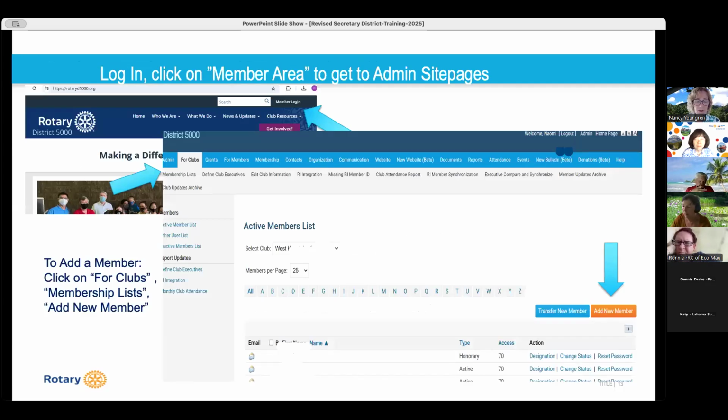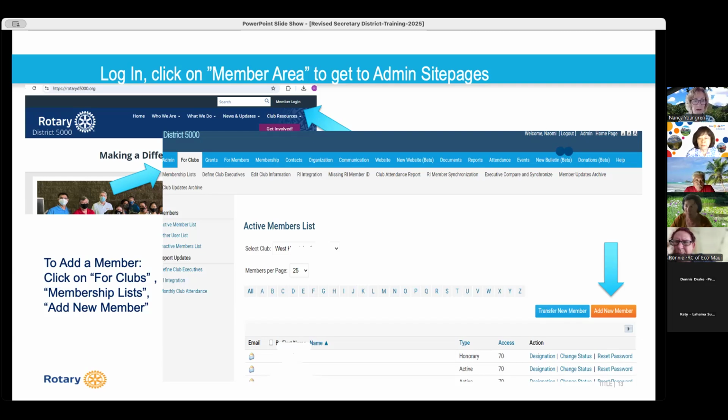So here's a good screenshot of the District 5000 website and how to get to adding a member, which will be one of the main tasks of a secretary. So first, the member login, where the first blue arrow is. Some of the things, as you can see, don't require a member login, like club resources, news and updates.